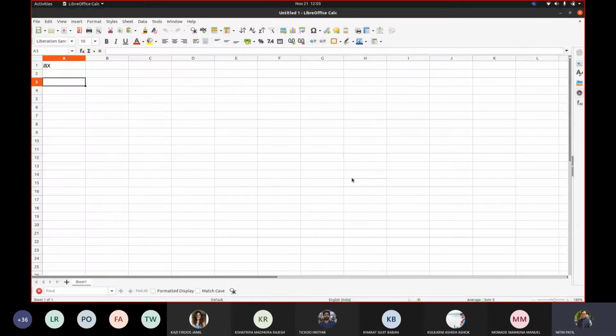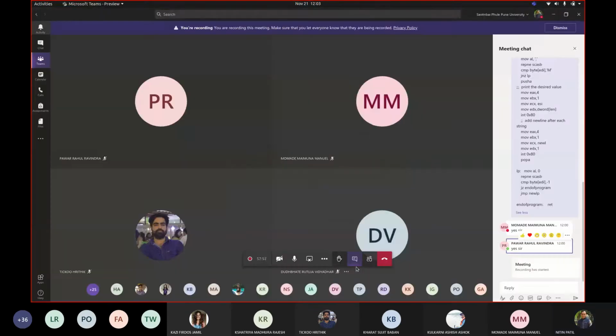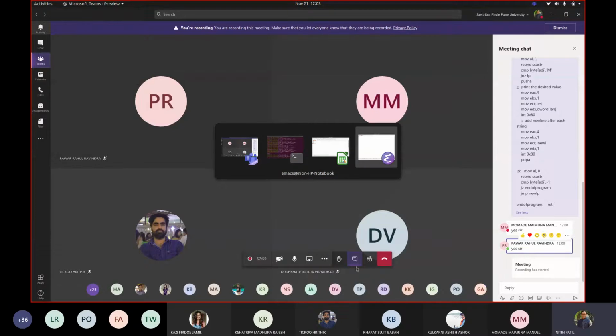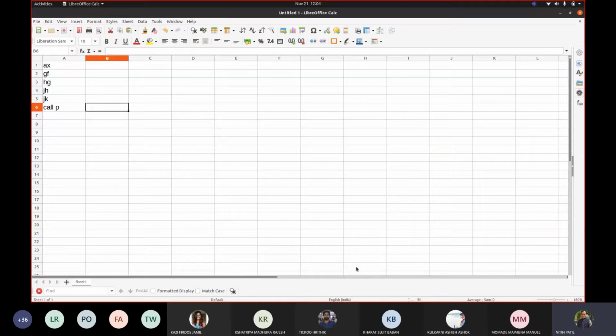Suppose my code contains these lines, and then I have here a call to P, for example. Is the screen visible? Yes. Now suppose I want to give a call to this P, and this P is defined somewhere here. Now this P code starts to execute. P code starts here, it executes, and then this is the return address, so it should go back to this.